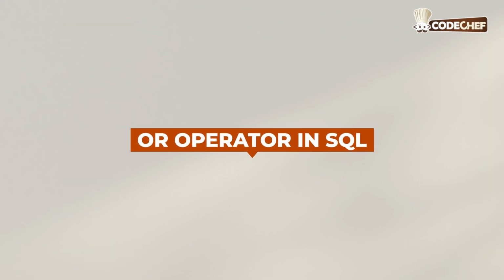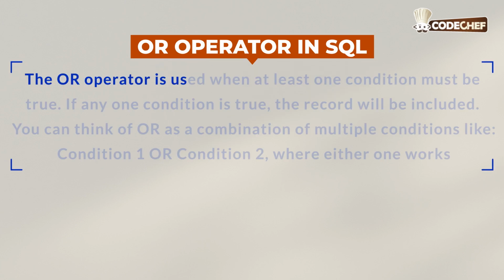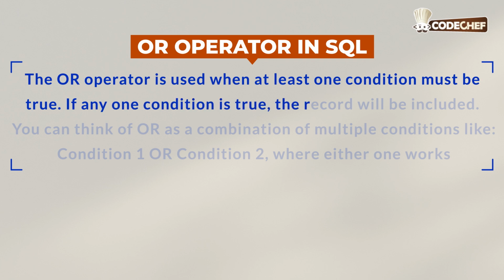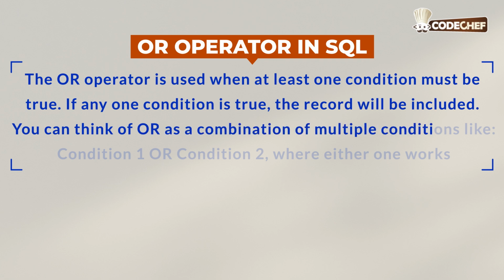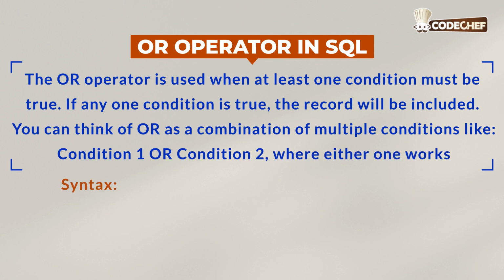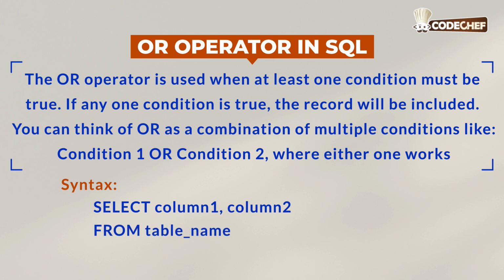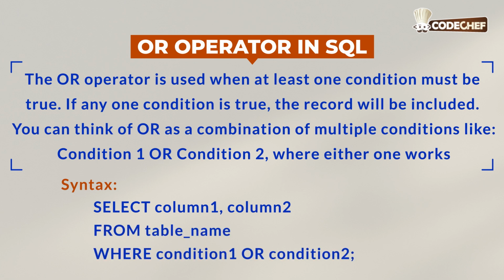OR operator in SQL. The OR operator is used when at least one condition must be true. If any one condition is true, the record will be included. You can think of OR as a combination of multiple conditions like condition 1 or condition 2, where either one works. Its syntax is SELECT column 1, column 2 FROM table_name WHERE condition 1 OR condition 2;